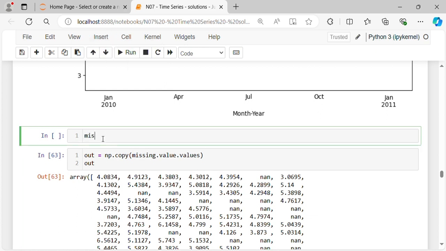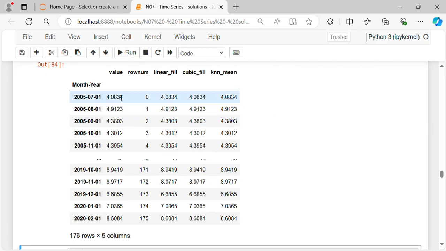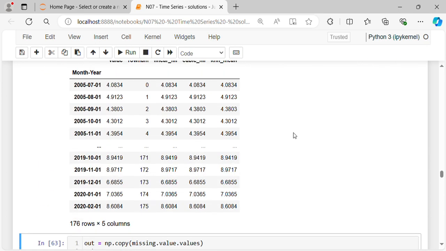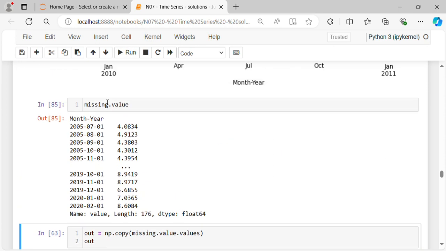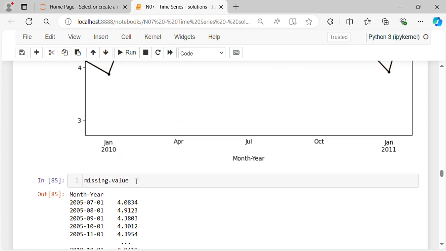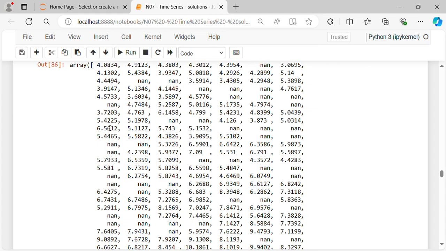This is the missing data frame, and in that there is a column called value, and if I just have that column value output, then looking at only the values,